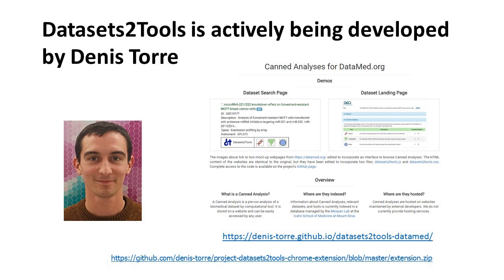Next. So this Datasets to Tool is actively being developed by Dennis Torre, and Dennis created a website that he demoed to the bioCADDIE team recently, where he natively embedded the canned analysis in the bioCADDIE database, so you don't have to install the extension. So if there is a decision that we like this additional feature, it's very simple to simply add this to